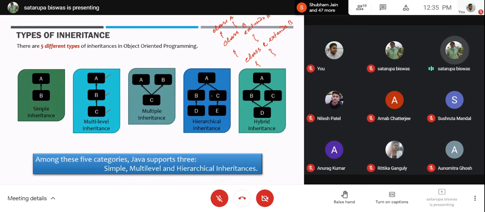Then the next category is called hierarchical inheritance. Hierarchical is also a specialized type of multi-level inheritance, but more than one class is derived from a single class.